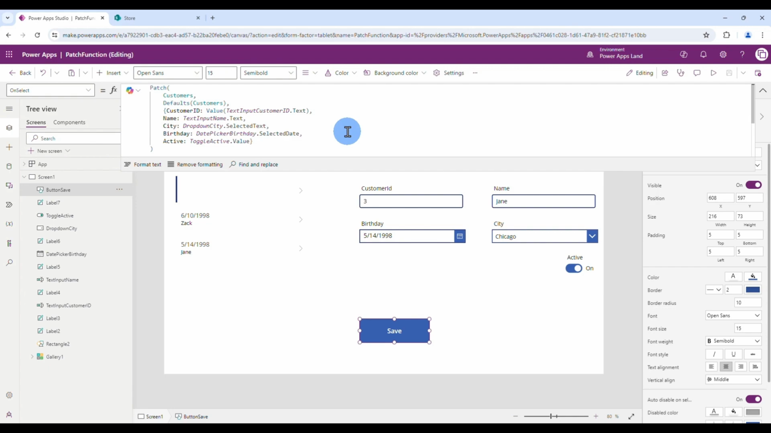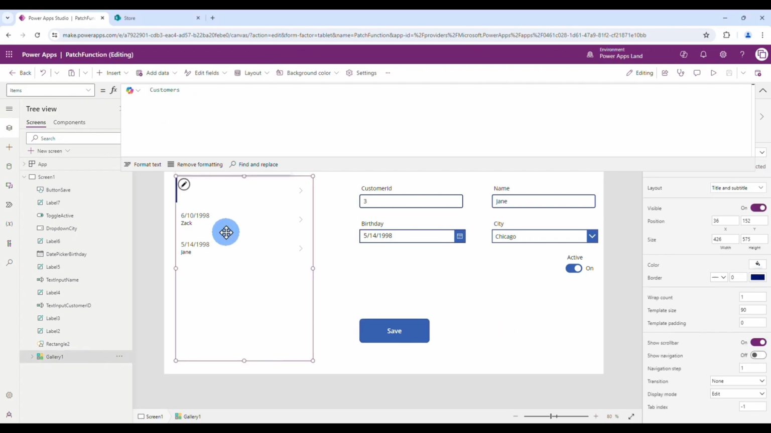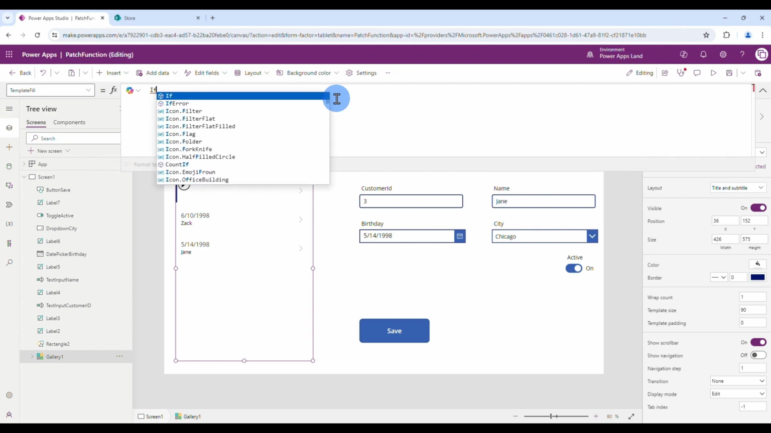Now you ask, okay, but how do I do the update? Let's do that now. For the update, let's start by identifying which is the record that we want to update. For that, click on the gallery, then go to the template fill property, and here we're going to write this code. If